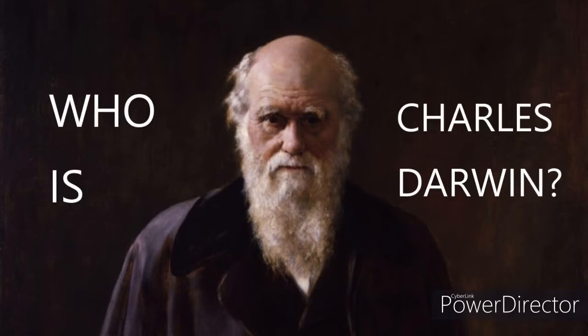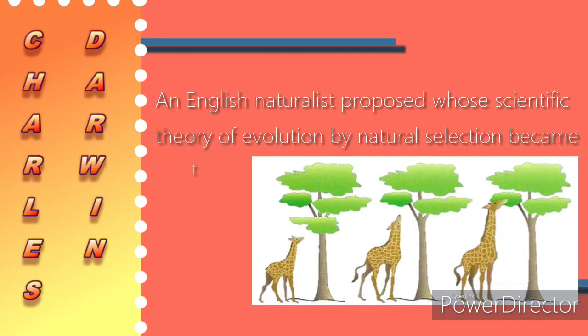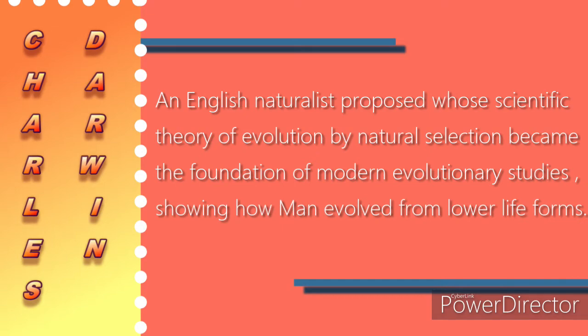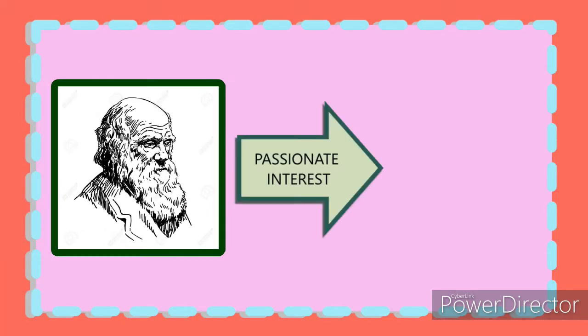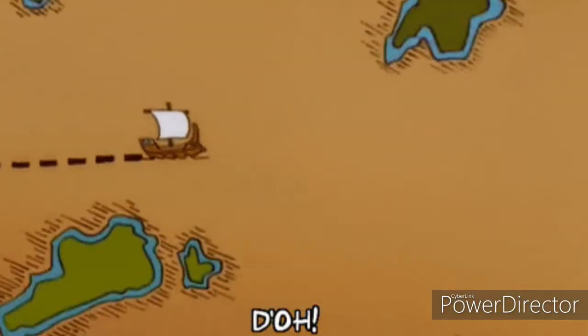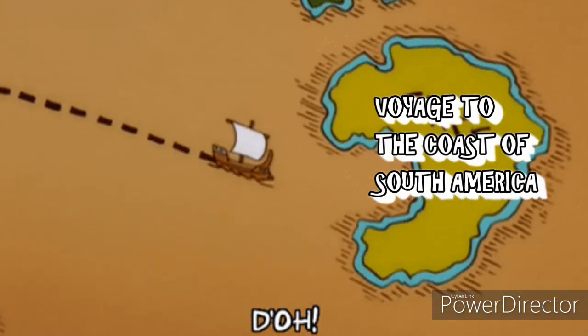Who is Charles Darwin? Charles Darwin is an English naturalist whose scientific theory of evolution by natural selection became the foundation of modern evolutionary studies, showing how man evolved from lower life forms. Darwin had a passionate interest in natural science. He was offered a place on the HMS Beagle to act as a natural scientist on a voyage to the